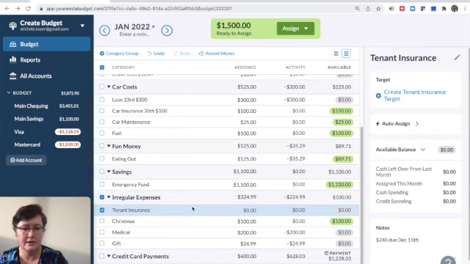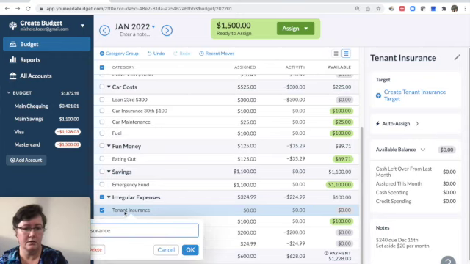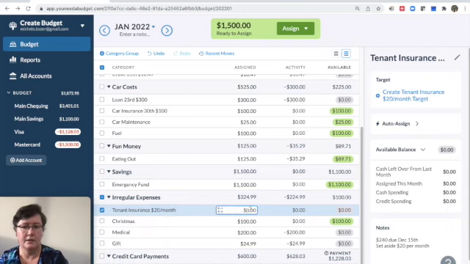So that will tell us our note. We've got $240 and we are going to set aside $20 per month for that bill. We can make the notes as detailed as we want, but we want to have that quick look. We can update the name of the category and just put $20 per month. And now I'm going to assign $20. So now I'm building up $20.